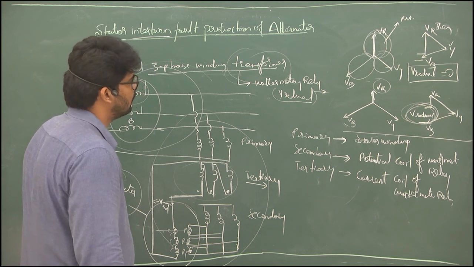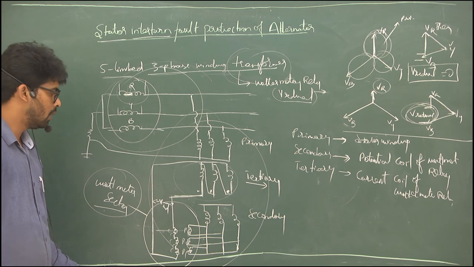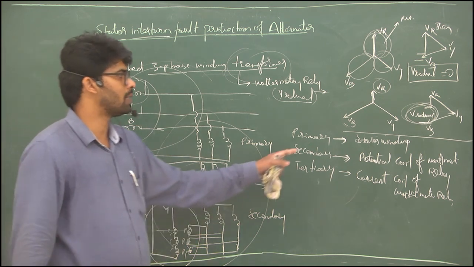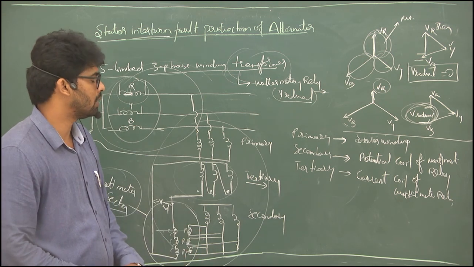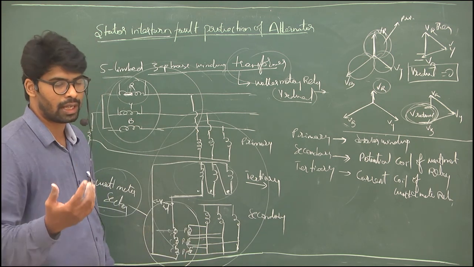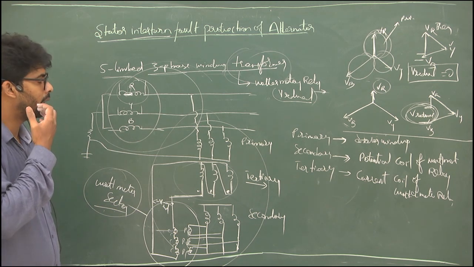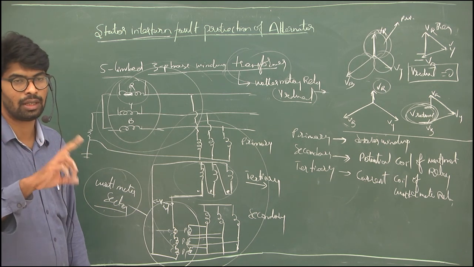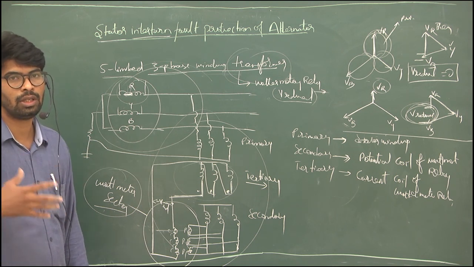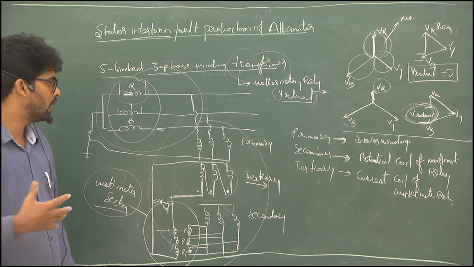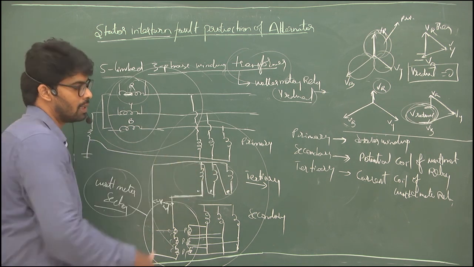If you have any queries about this, you can come to me directly. To understand this, you need to understand the phasors of a star connection and the tertiary output of the delta connection. You learned different transformers, such as the 5-limb 3-phase winding and delta connection winding, star to delta, delta to star, star-star, Y section, T section. You need to recollect all these things, but here we are considering only the stator primary and the tertiary delta section.